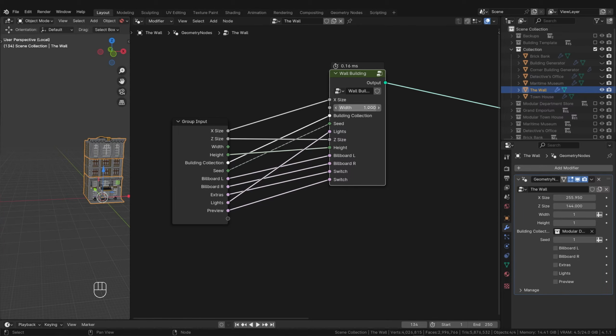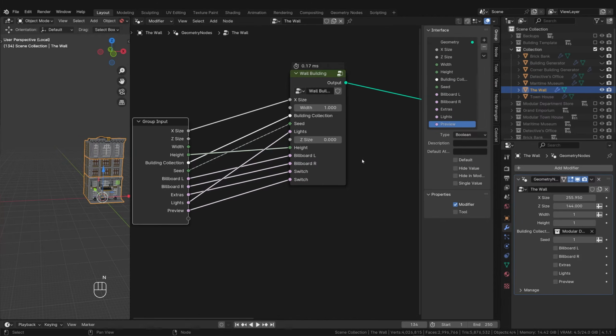Since we will be using many different building models, all of different heights, the single Z size we have so far is no longer enough. So we also separate this connection. Since we have several buildings, one building collection is no longer sufficient. That's why we are renaming the existing collection B1 for building 1 and move it to the bottom here.